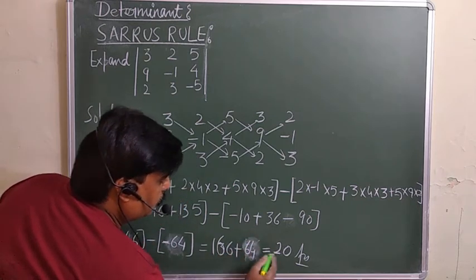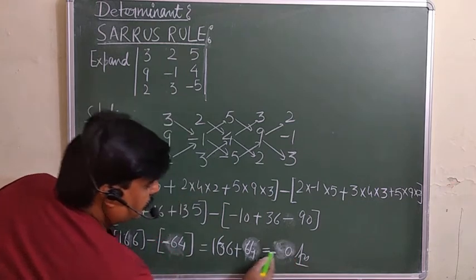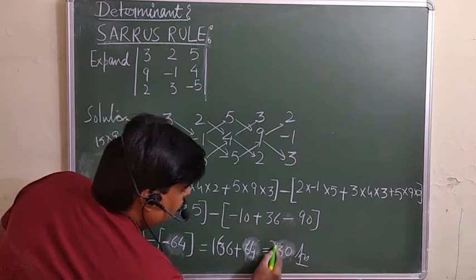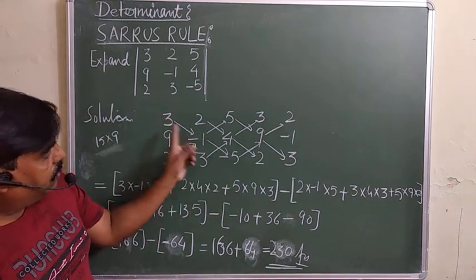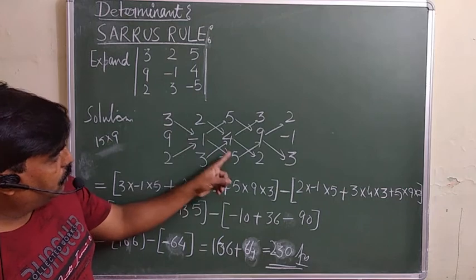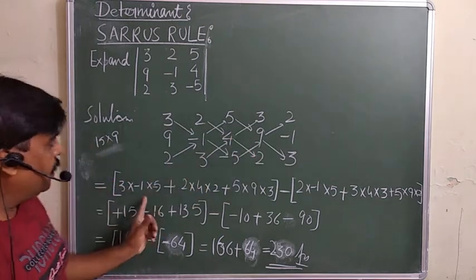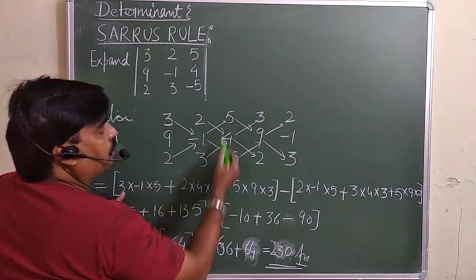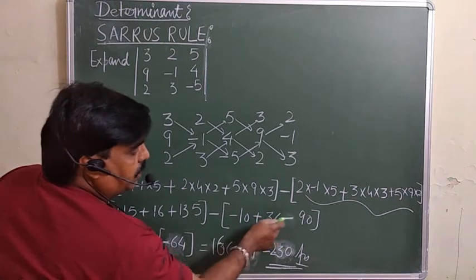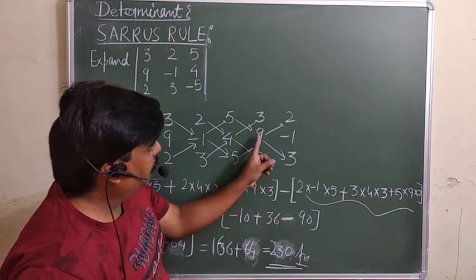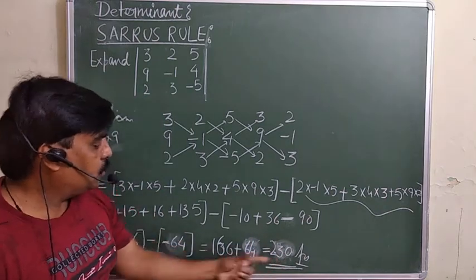Some calculation mistake was there. So 230 is your determinant. So you have to multiply diagonally this into this into this plus this into this into this, and down to up you are going, then the product of these must be subtracted here only. You should be very careful here only. Actually here was the minus into this, so you will get the negative value. So your determinant is 230.